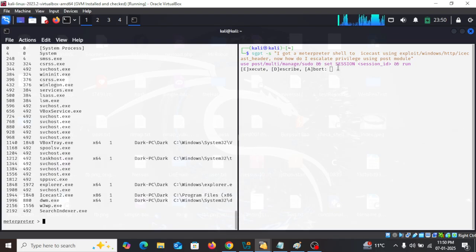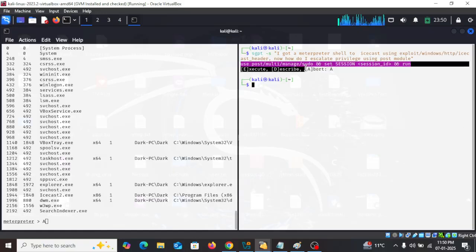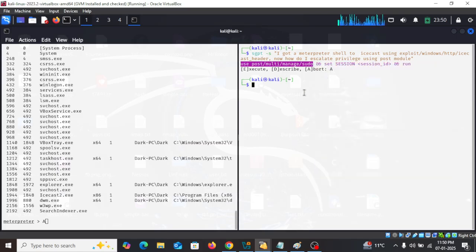And as you can see, there is use post module and getsession. So I don't want to execute this because I'm already in. I want to abort this and use this actually. Again, it is suggested by ShellGPT: use post manage. So I might use the privilege module, use post manage and set session. So I might use this, or I might also